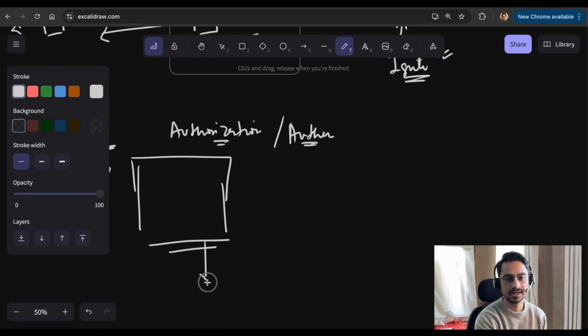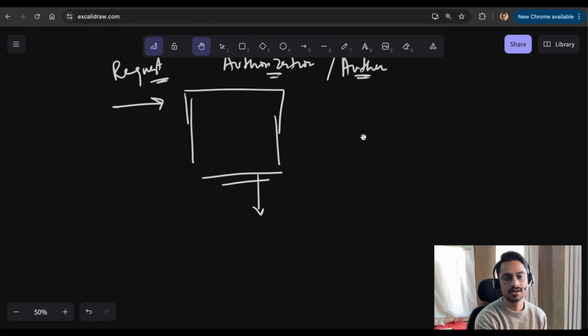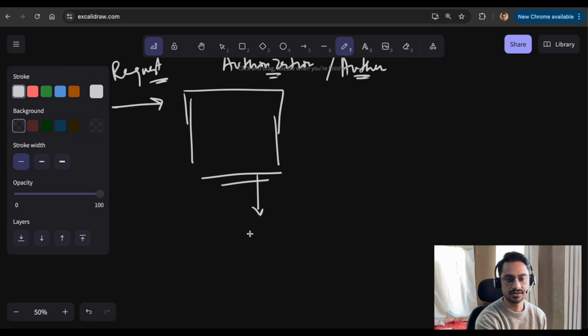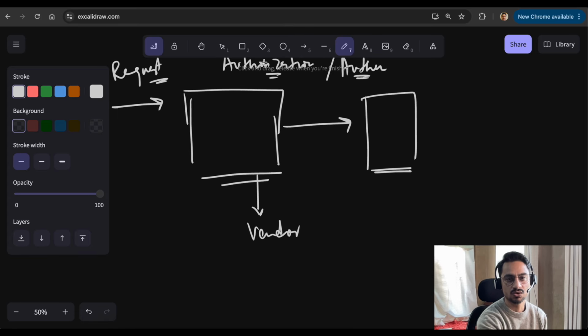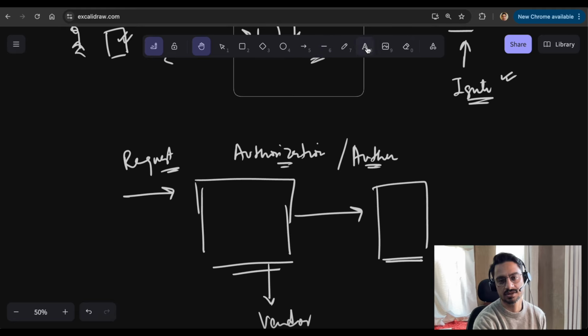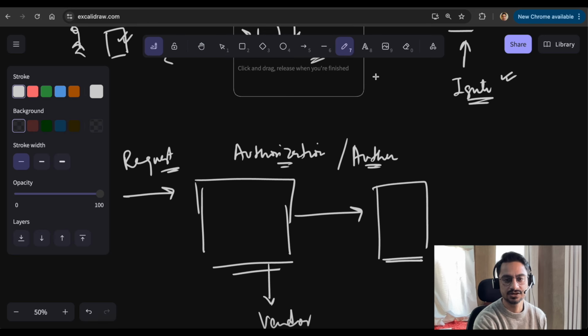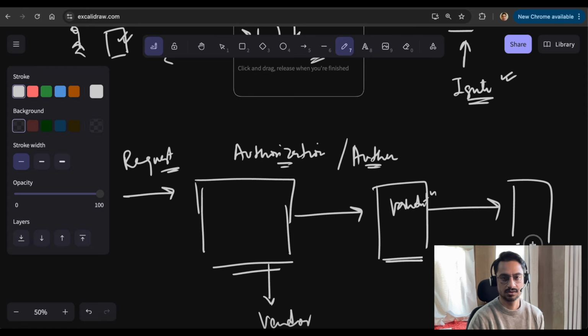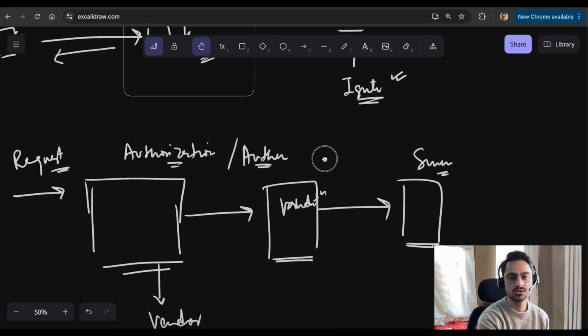Authorization and authentication is happening by a vendor. That vendor is giving the results back to me, right? And once I authorize and authenticate, then I allow this request to go forward. So let's say this is the validation, and once this validation is done, then it goes to the actual server. Then in the actual server, we need to have a controller block here, which is going to create